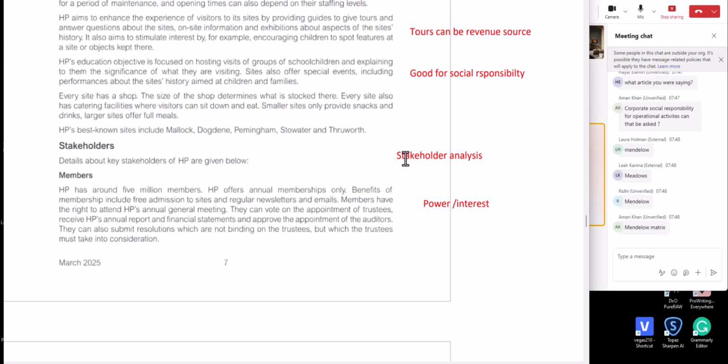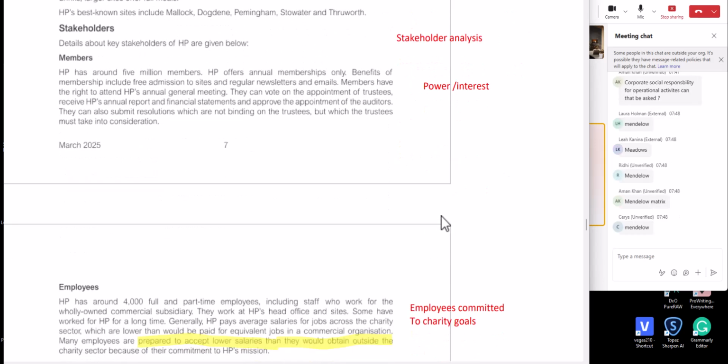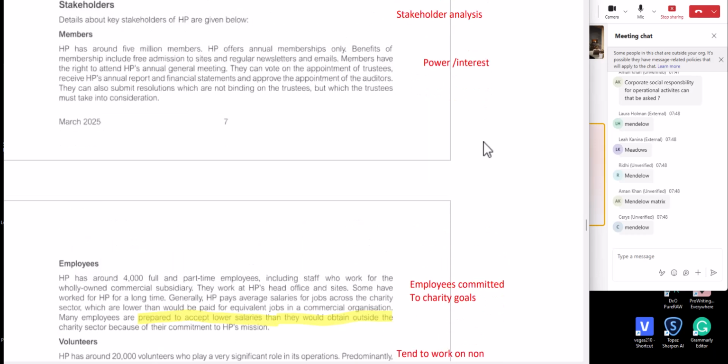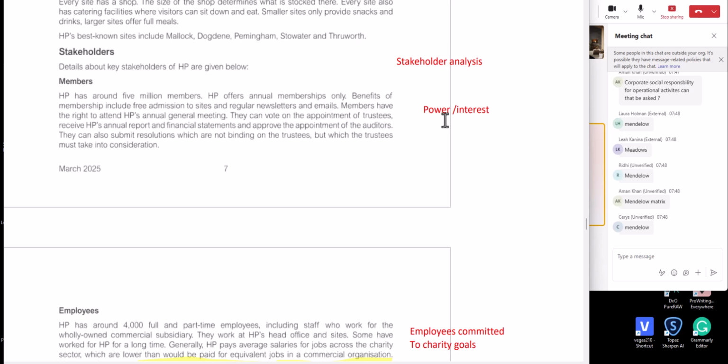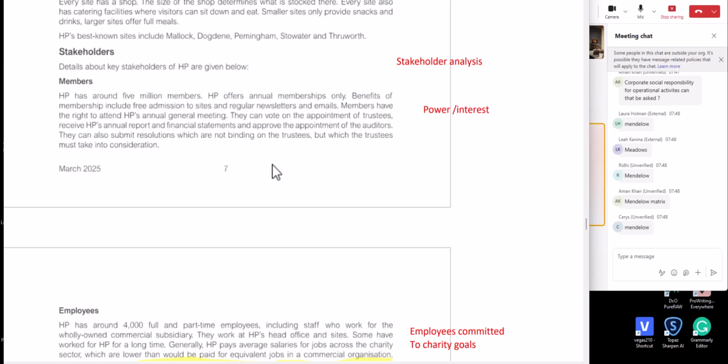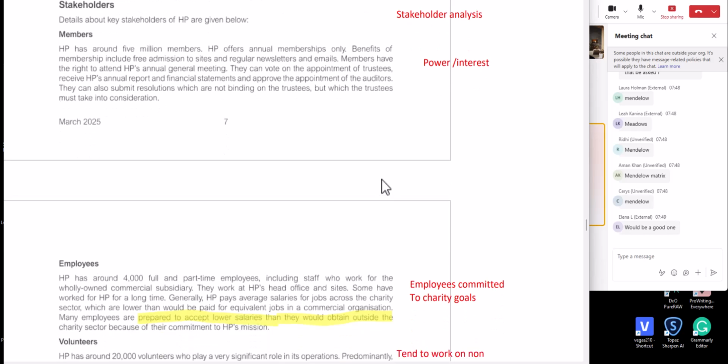Yes, this can be your Mendelow matrix, right? Actually we've got quite a few stakeholders here. Power and interest, so we've got members, power and interest. Could it be a nice stakeholder analysis question coming in? The only thing that puts me off is it's in the pre-seen, and generally they're not going to dip into the pre-seen to ask a question, but I'm just putting it out there. Make sure you know about stakeholder analysis. Because it's in the pre-seen, I think it's less likely to come up, but they might pick out a couple of elements and ask you about them.